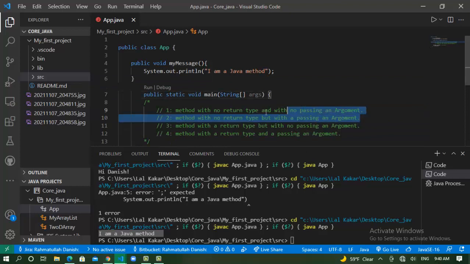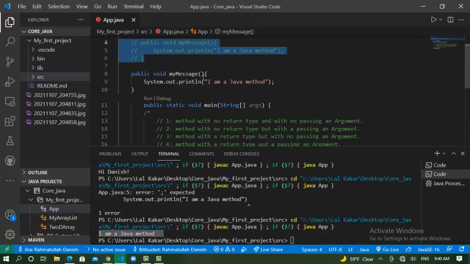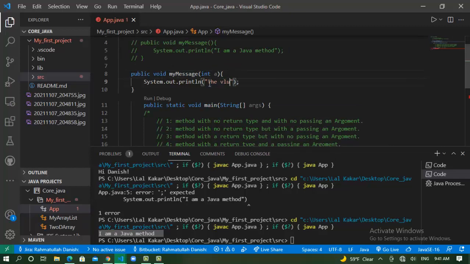Now we talk about the other type of method, with no return type but with passing in arguments. I duplicate this method. Now I want to pass an argument, an int. Now I want to print the value of a.